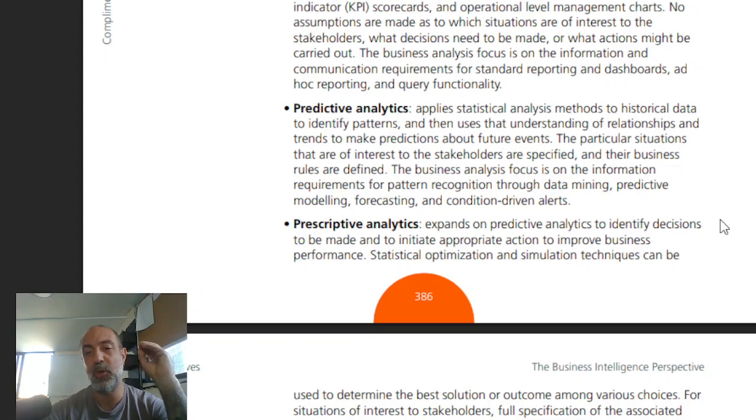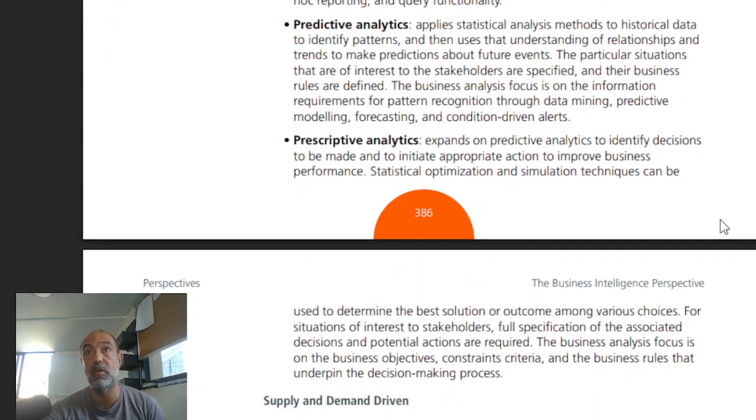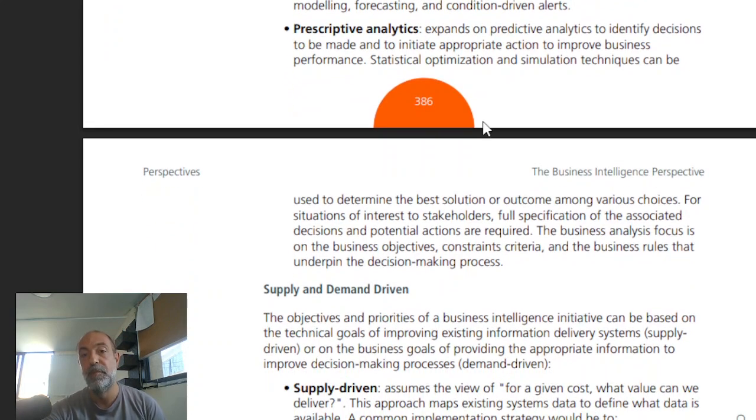The particular situations that are of interest to the stakeholders are specified and their business rules are defined. The business analysis focuses on the information requirements for pattern recognition through data mining, predictive modeling, forecasting, and condition-driven alerts. When it comes to predictive, you predict based on the things that have been passing through or the things that you've been going through. Prescriptive seems like